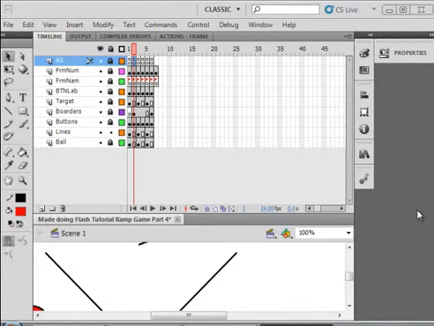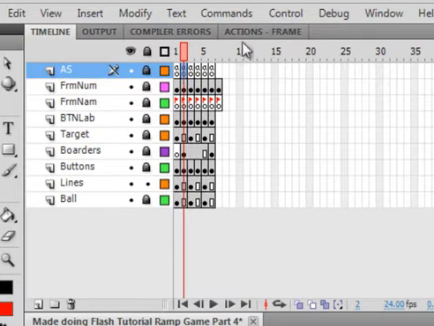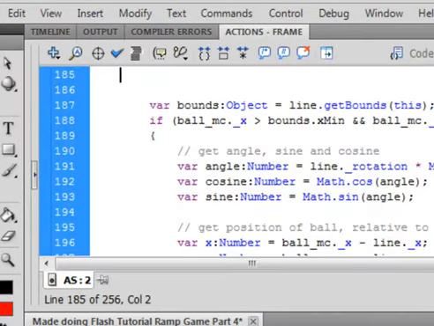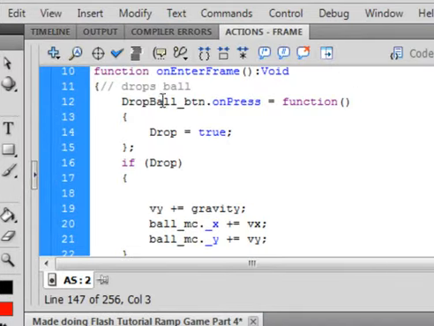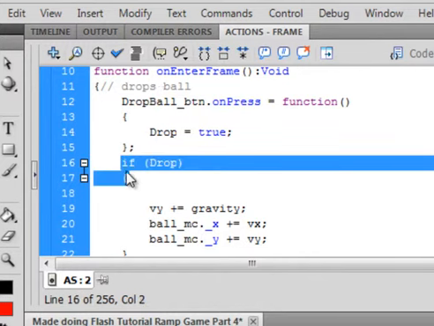And as I said in the last tutorial, we have one more problem to solve, and that is when we move the lines before it drops, it can control the movement of the ball. So open frame 2 of the actions layer. Up here, where we drop the ball, there's an if drop. So let's copy that, including the open curly bracket,